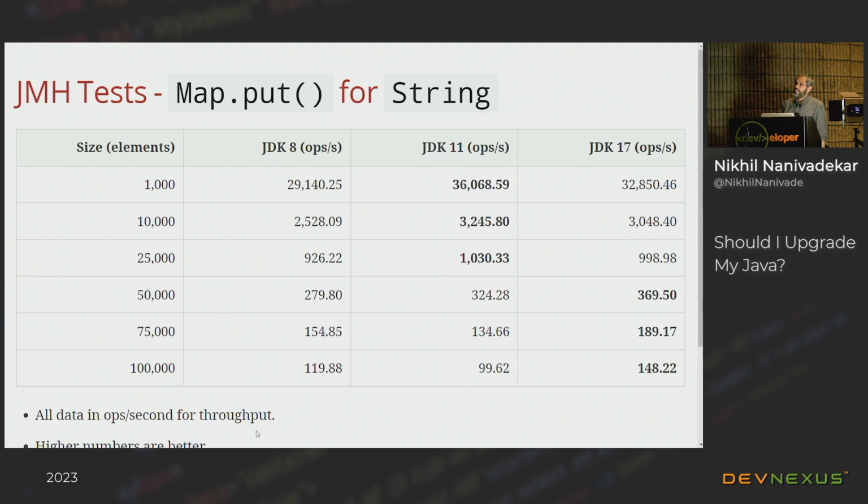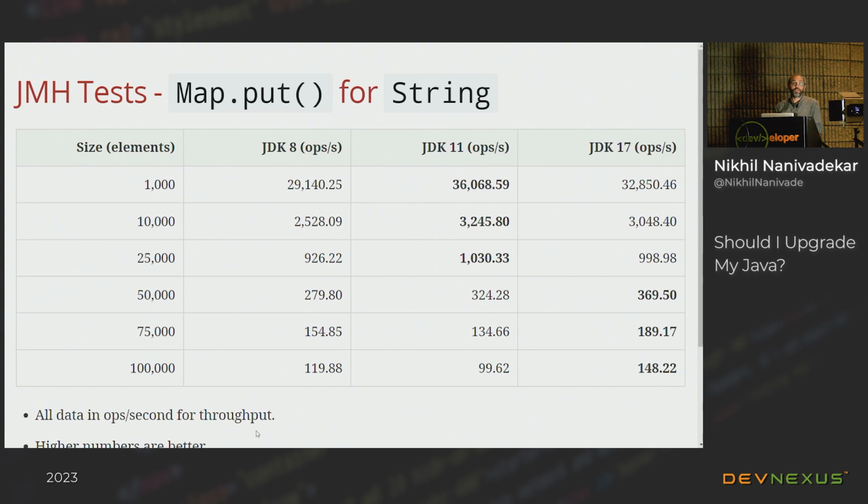Now, I actually spent a lot of time trying to figure out what must be going wrong, and even went through whether there were any changes between 11 and 17. Because you can see clearly between 8 and 11, as well as 8 and 17, there is a performance gain. But it did not make any sense why 11 was performing better than 17. Then sometimes you have to go back to Occam's razor, right? The most common solution is actually the real one, where this can be attributed again to hysteresis